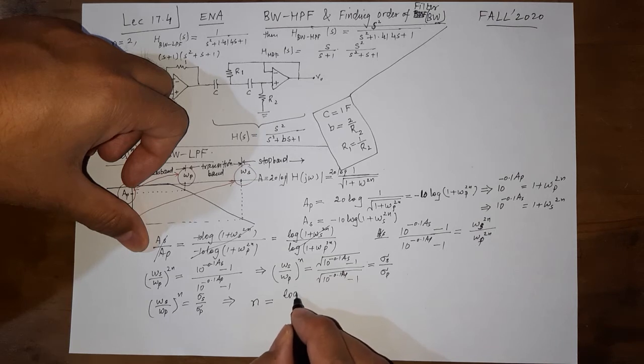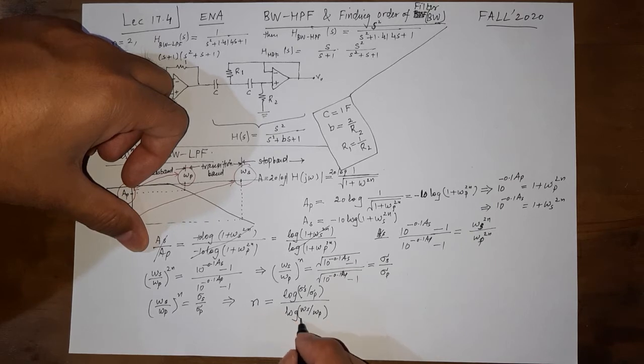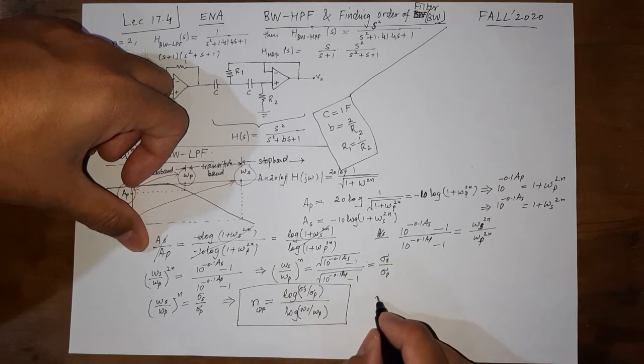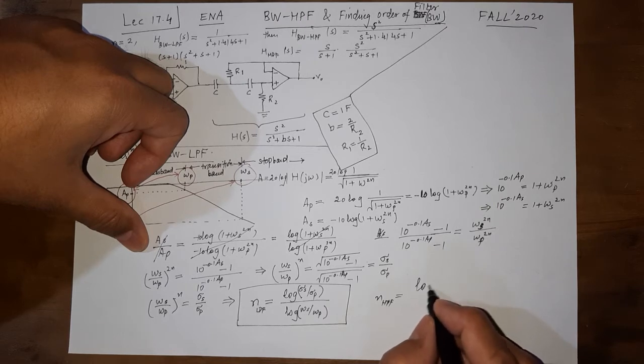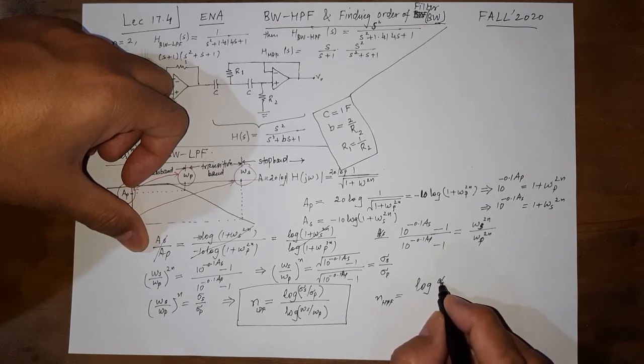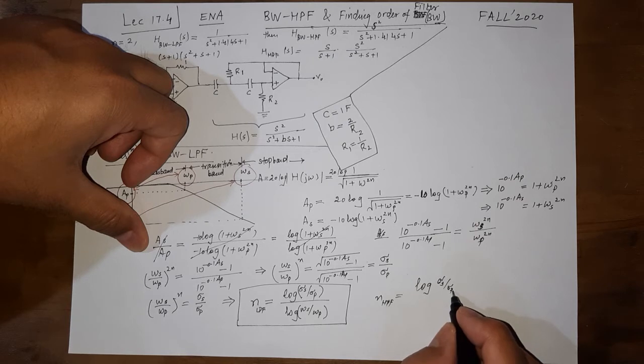So log of sigma s over sigma p over log of omega s over omega p. This is the n for a low pass filter. For a high pass filter, the formula would be a similar one. So we will have log of sigma s over sigma p,